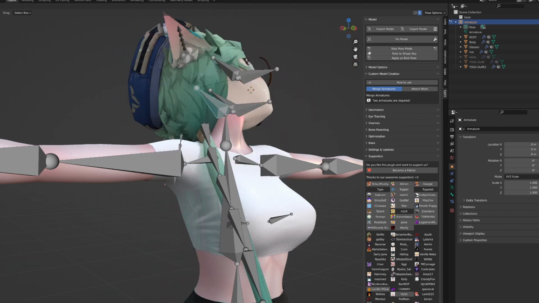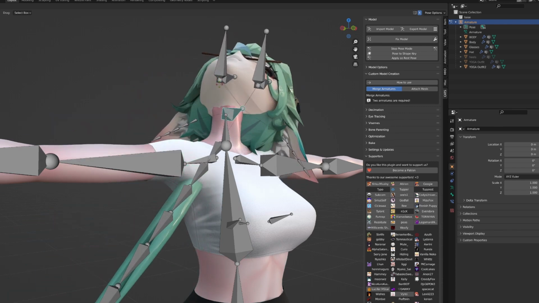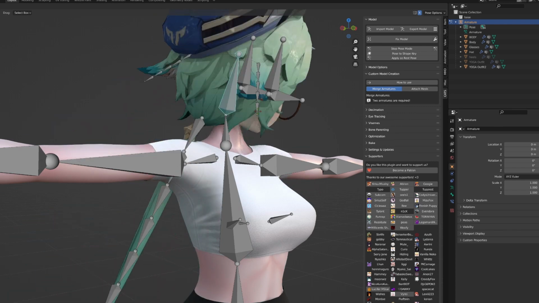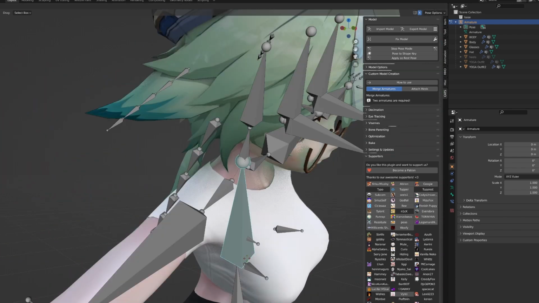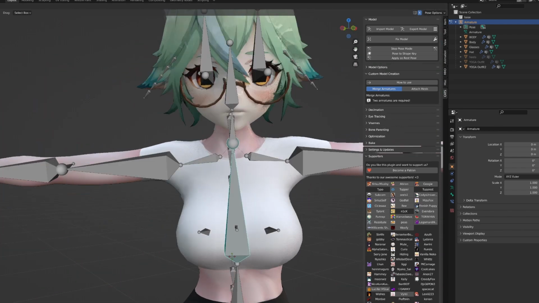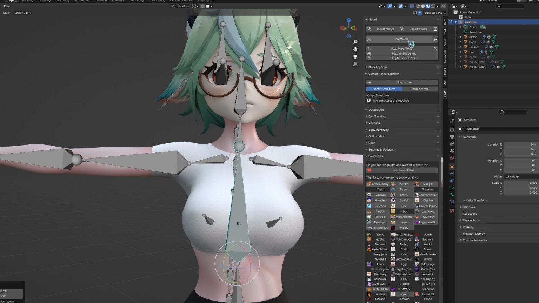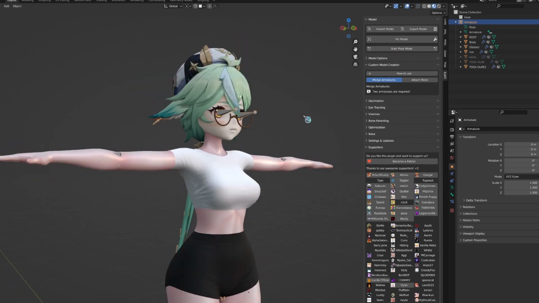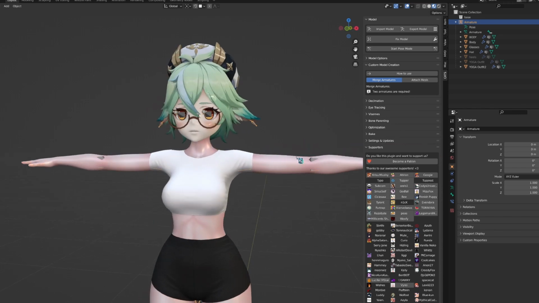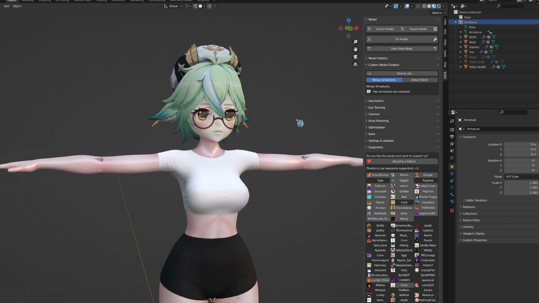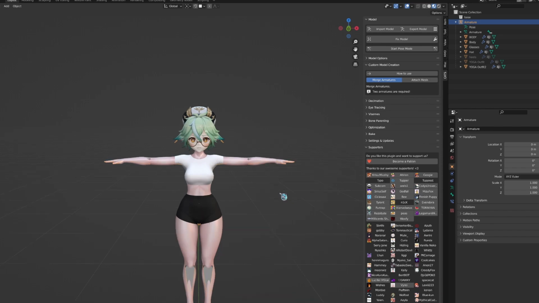So it looks like, if I were to look up, it looks relatively normal. If I were to look side to side, and then you can move the chest up and down, you want to make sure all of that works out. And if it ends up working, you can do Stop Pose Mode, and you are all done. That's it. Now you can export this as an FBX or a better FBX or whatever you want, and throw